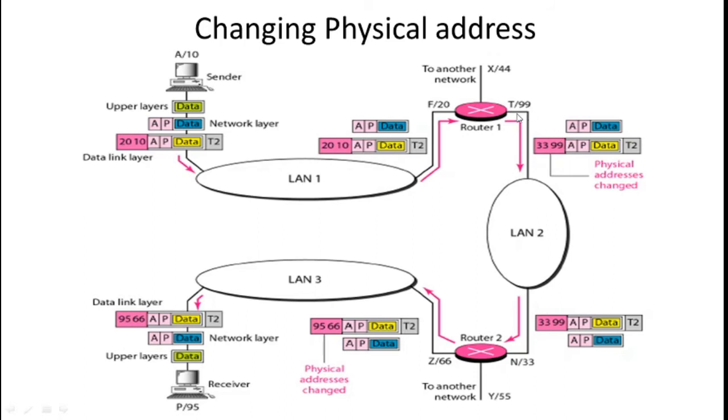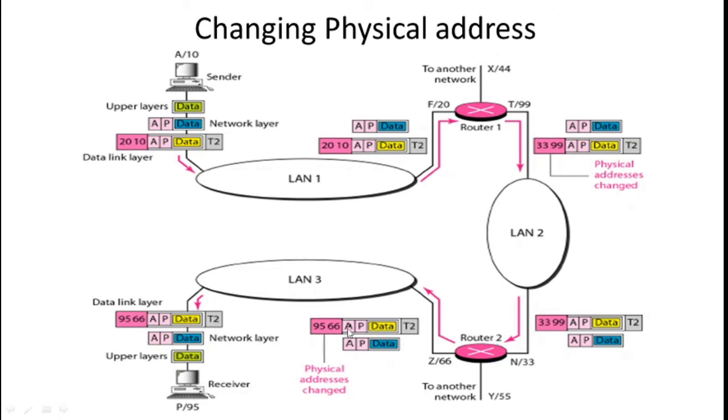So the source is 99, which is the physical address of this router through this link, and the destination address is going to be 33, the physical address of this router at the receiver side. So with 33 and 99, this packet is encapsulated and it is being sent. So this frame goes on through the LAN and it is being received by this router. It is opened, and it identifies that the destination address is 33, so it opens it, and